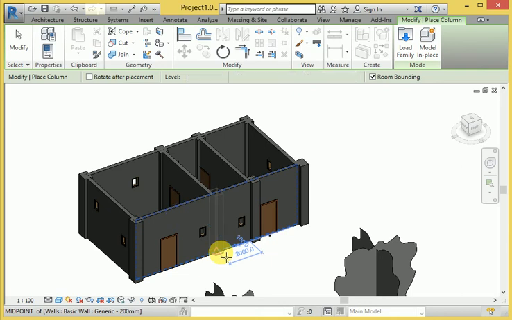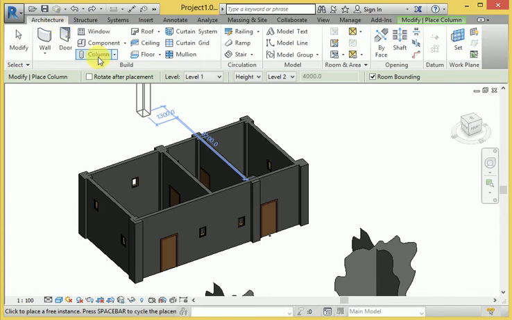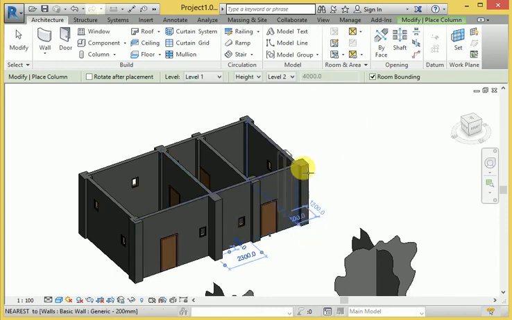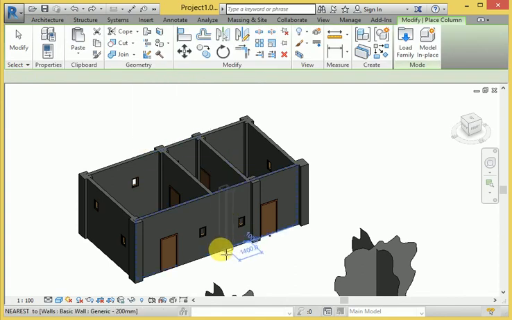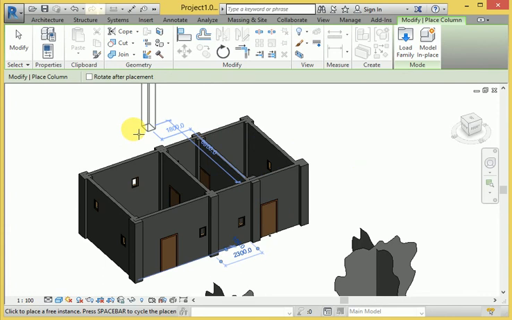Again I catch it, right, this one is here, see this.